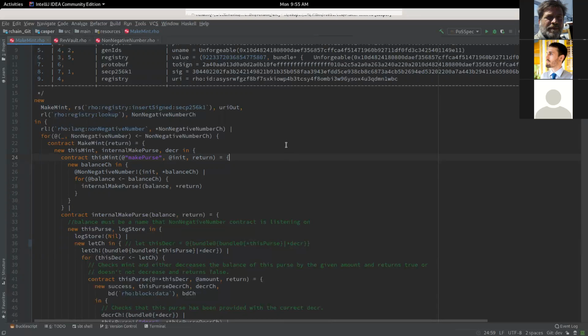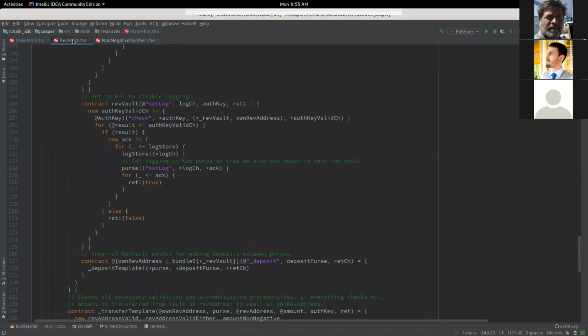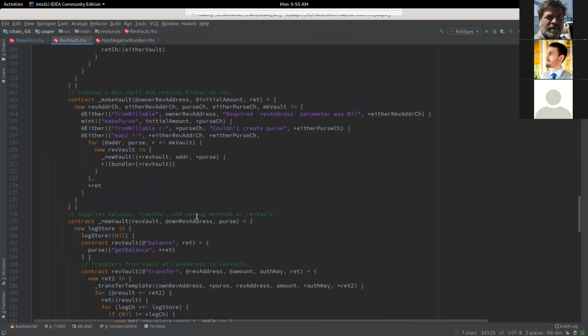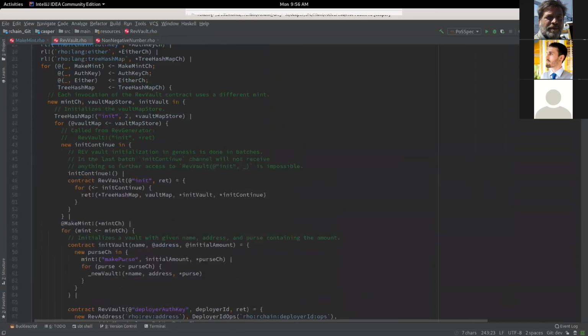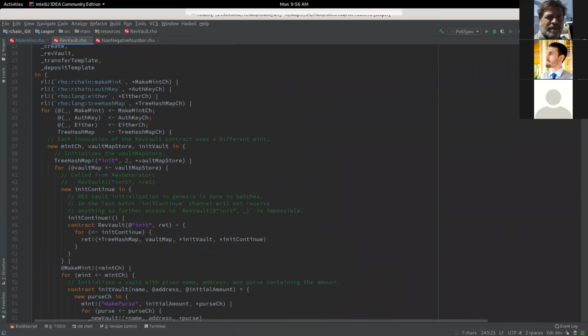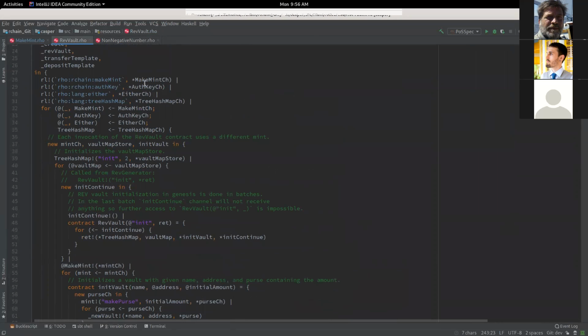So if we make community tokens, they're not Rev. So the RevVault contract is going to be wrong. We're going to have to make another version of it. We're not dealing with Rev. No. The RevVault contract doesn't care specifically what your tokens are. We're passing it the mint. Yeah, this is another good question. You're right, because you pass in the mint contract.